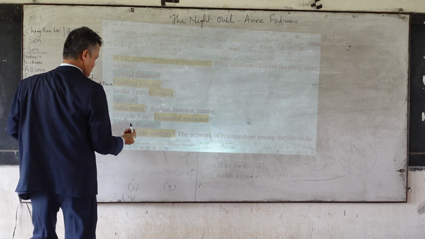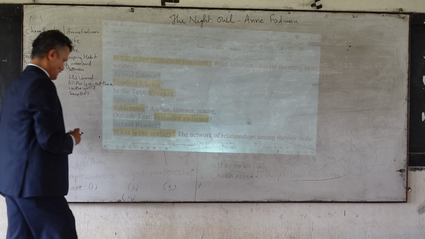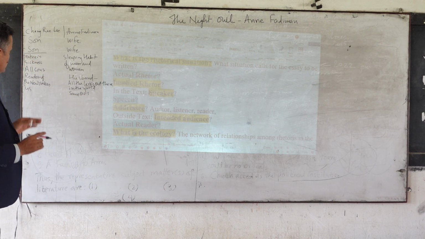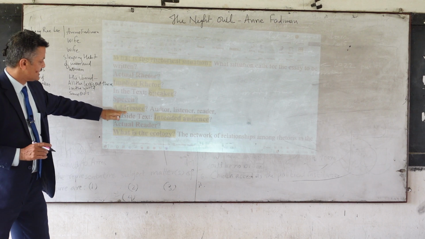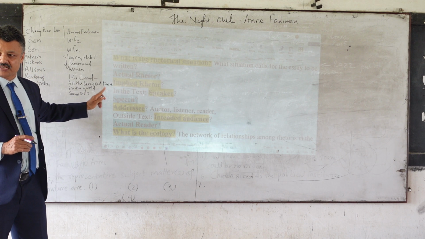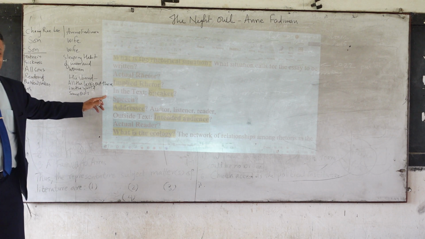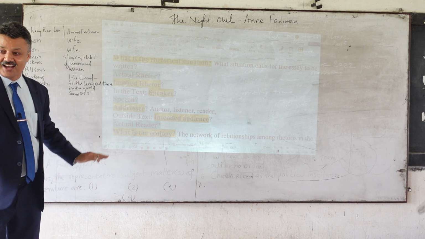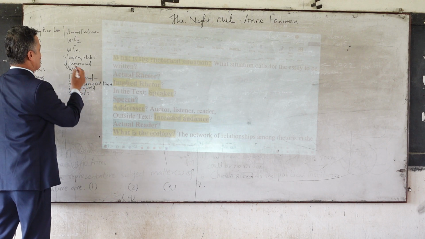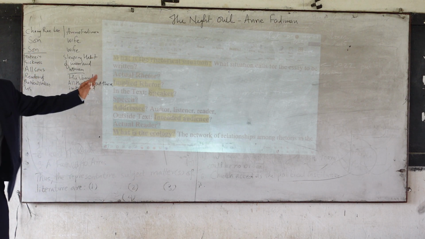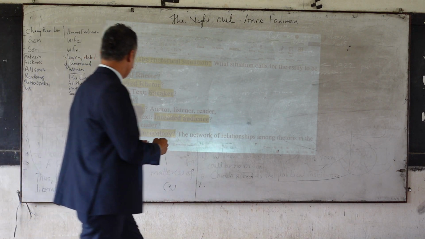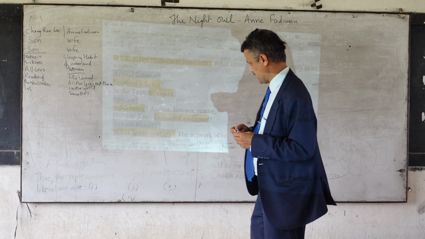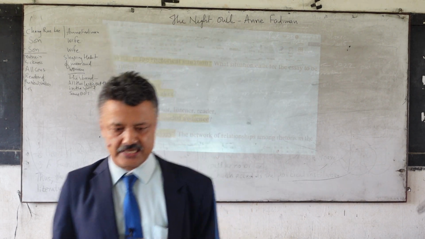Addressee. We also call auditor, listener, reader. Okay, who is intended audience? We said, we answered. As you note this down, also note these headings. Otherwise, you will go home and you will not know what is this. You note these two columns, you don't know the third column, you go home and then you read, and you don't know what is woman, you don't know what is all that. So make sure you relate it, okay? Okay, then we have actual reader, we are, right? Then, okay, what is the ecology?